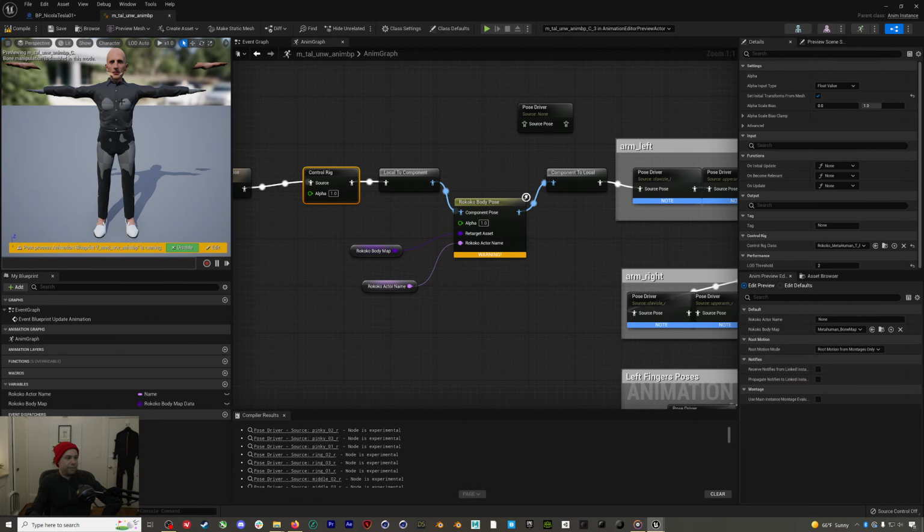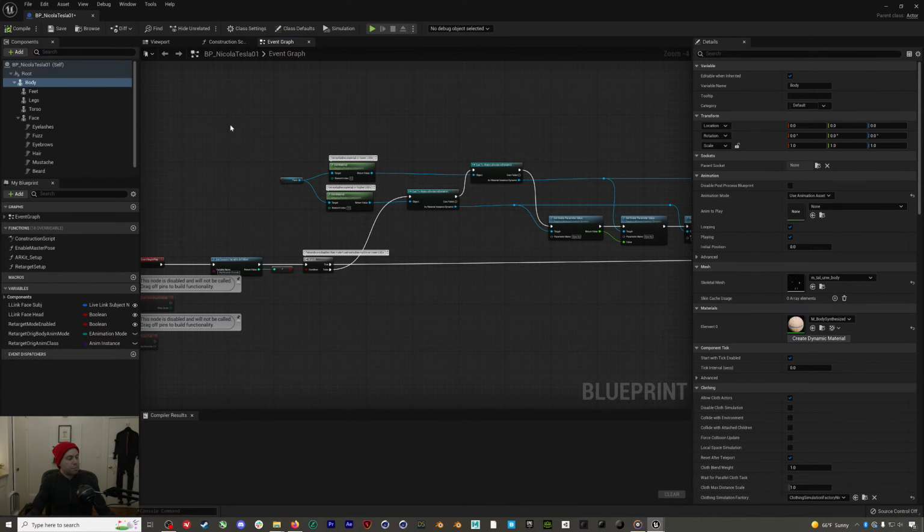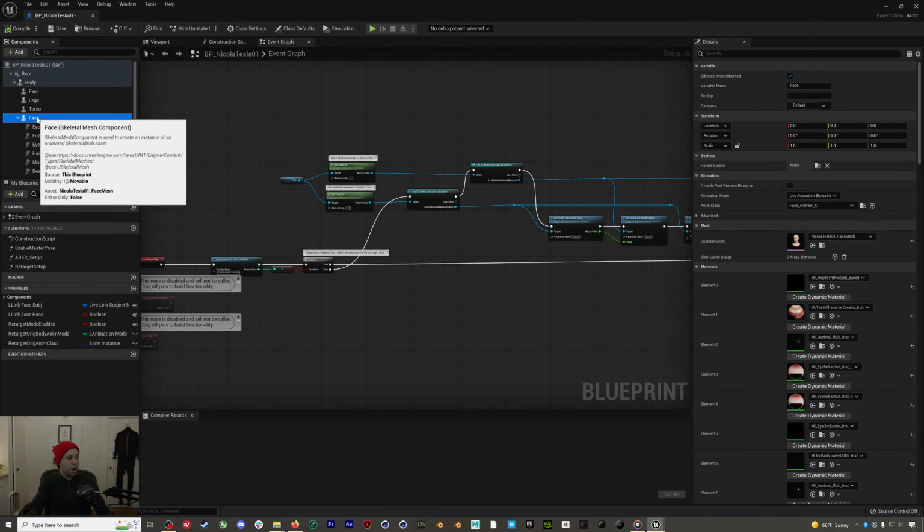Again, ignore all this stuff, it doesn't matter. We are now done with the body blueprint. So compile and save one more time just to be sure, and we can exit out of this. Next, we're going to make one slight change to the face blueprint, because MetaHumans have